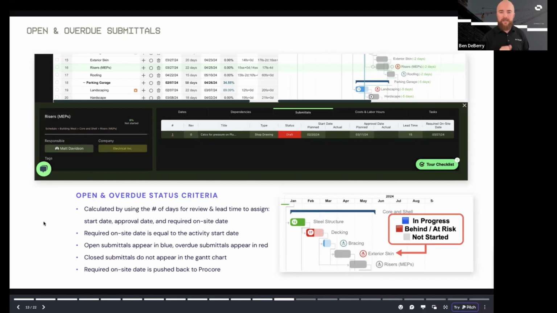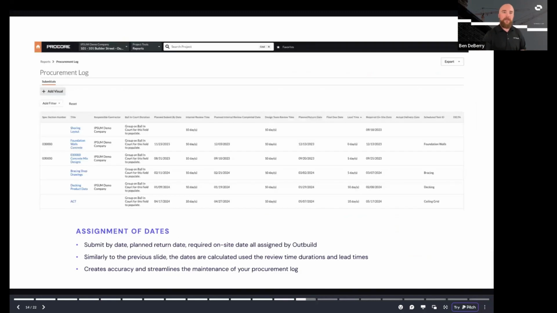Beautiful. Any other questions here about submittals? I think I'm seeing it all here. All right. Beautiful. Yeah, throw it in the chat there if you're using this actively too, because I think it'd be great to get an idea. I know we train every day. I'd love to see the amount of people in this call specifically that are using this. Yep, absolutely. Beautiful.